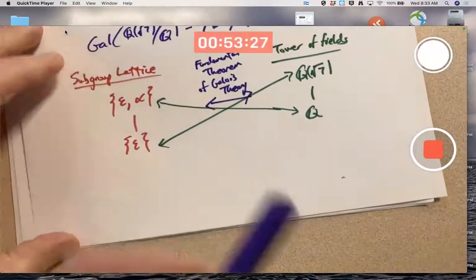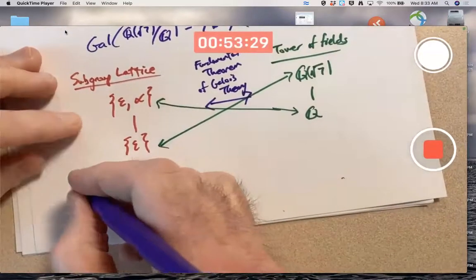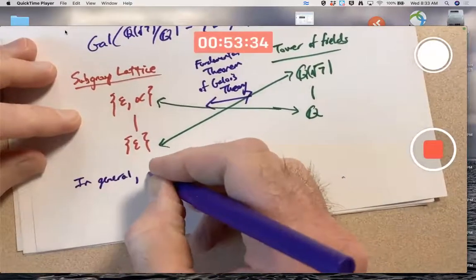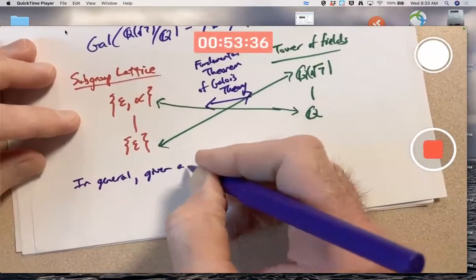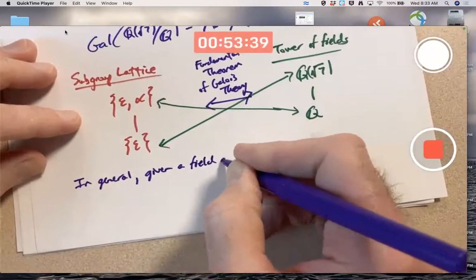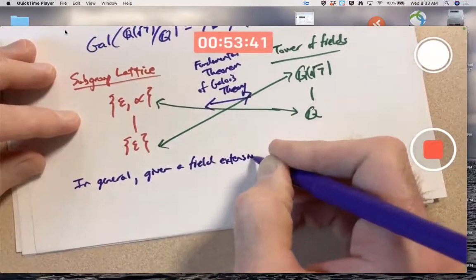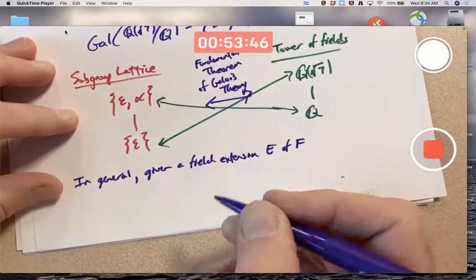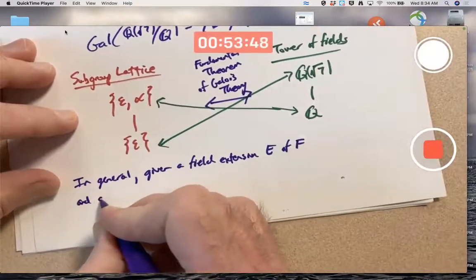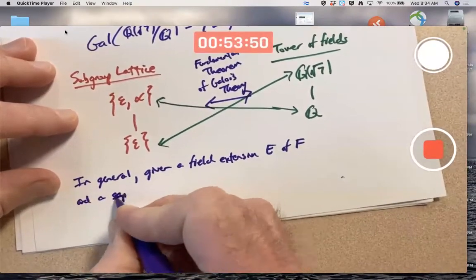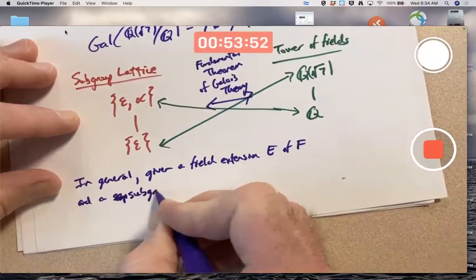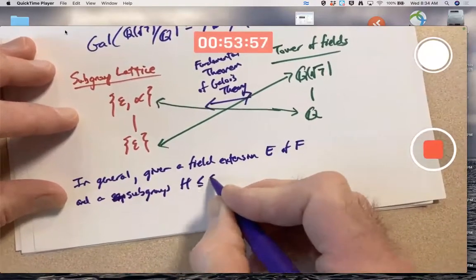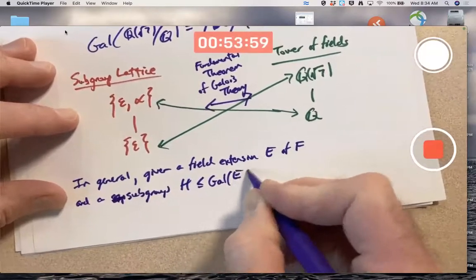In general, given a field extension, E of F, and a subgroup H of the Galois group of E over F,